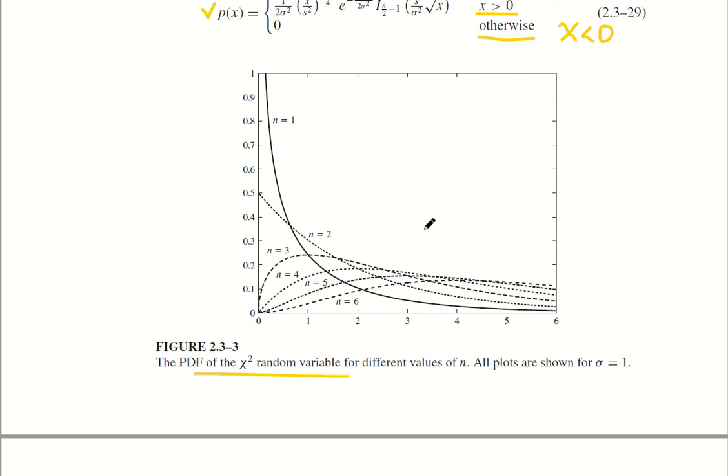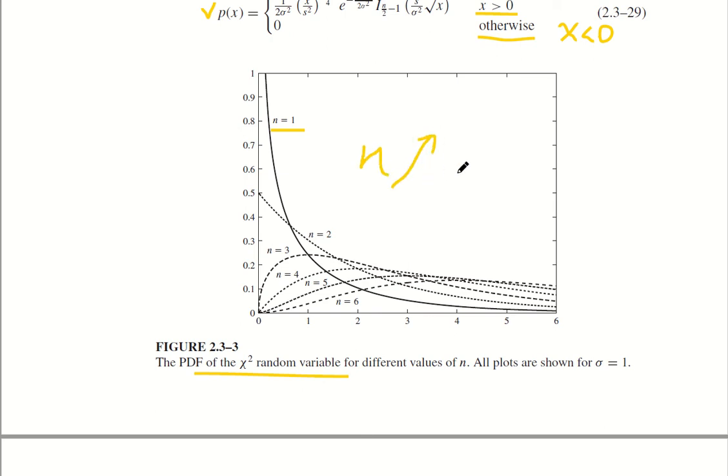If you look closely, n equal to 1 means that you have a summation of one Gaussian variable. As a result, it has more density around 0. But if you have 2, it's wide spreading, right? Spreading out. 3, spreading out. 4, even more spreading out. 5, 6. So as n goes larger,